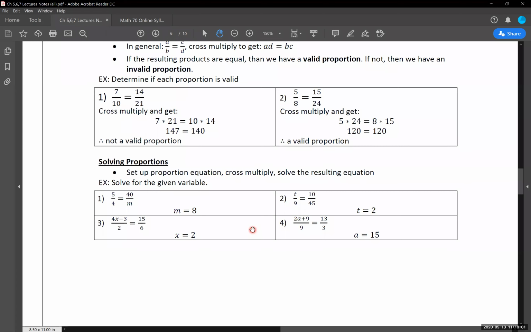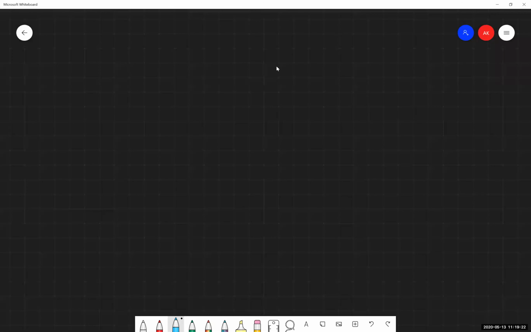Mostly because we do have story problems that have proportions showing up that I want to go through and give them their fair time. So we're going to jump on over to our whiteboard, but these are the problems that I'm going to be referencing over there. I'm saying examples 1, 2, and 3.